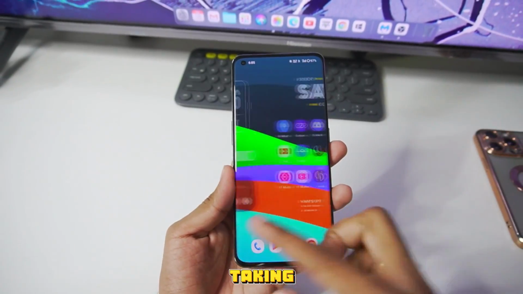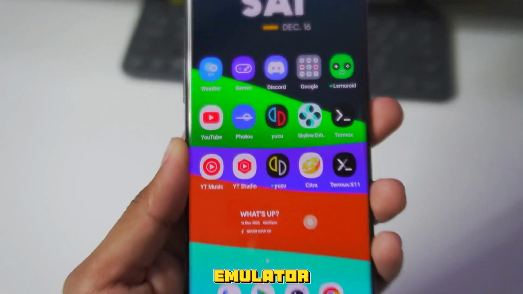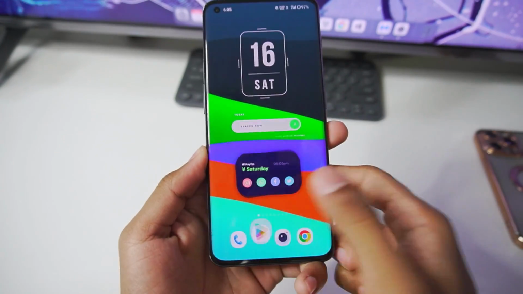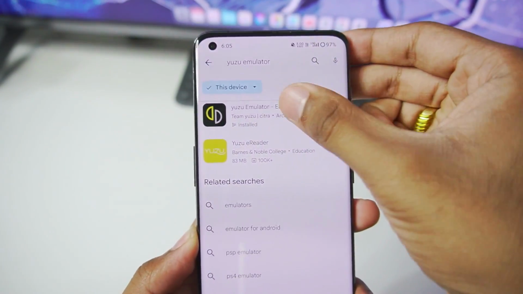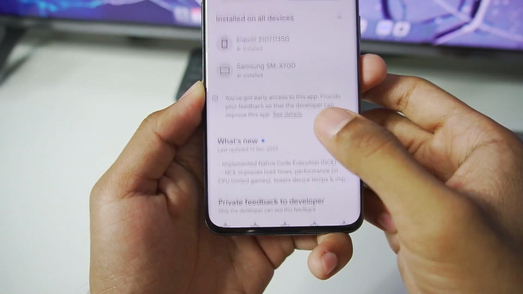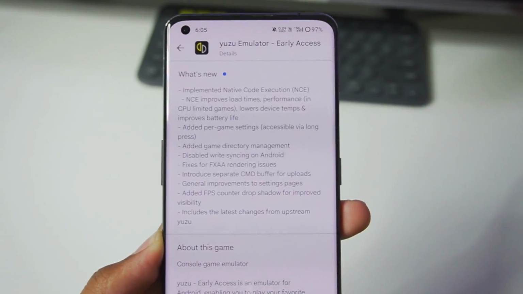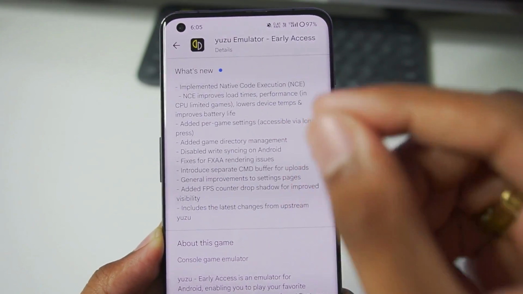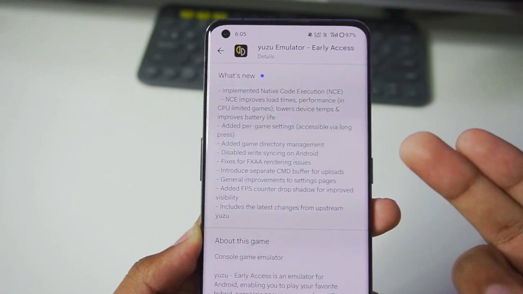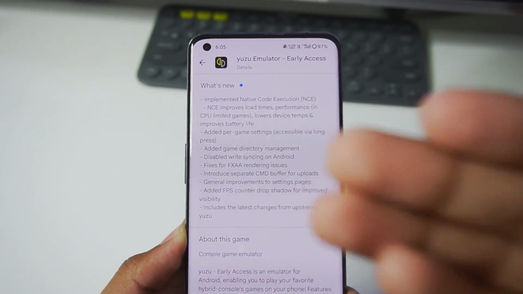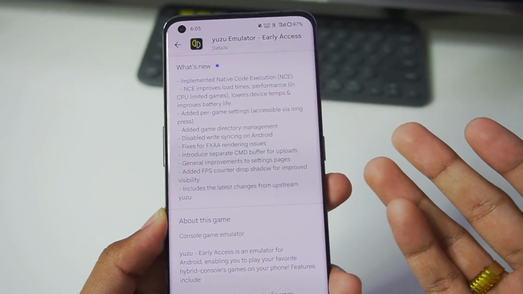Today we might be taking a look at the biggest update in Yuzu Emulator Android's history. If you just go ahead and open Play Store and search for Yuzu Emulator and check the early access latest build which was released just 2 days ago, you'll be able to find out that huge changes such as implemented NCE finally officially implemented into Yuzu Emulator Android and a lot of performance improvements, compatibility and bug fixes for even low-end